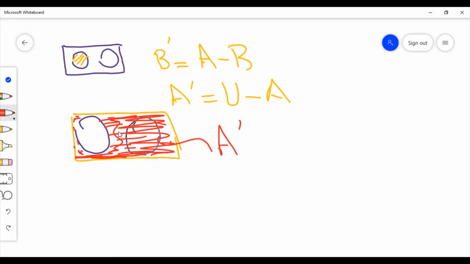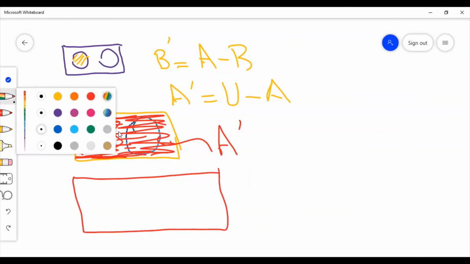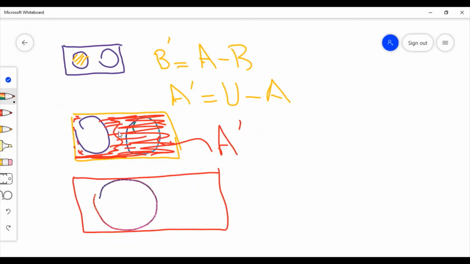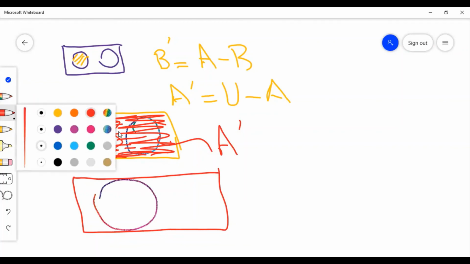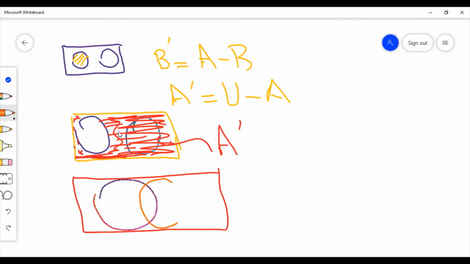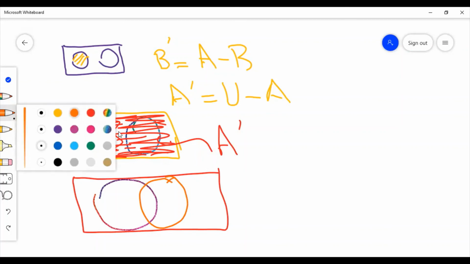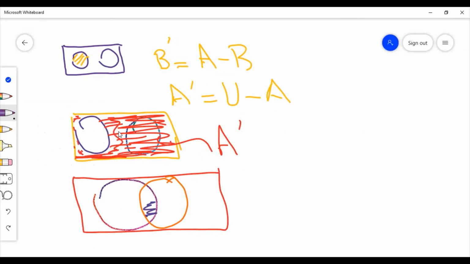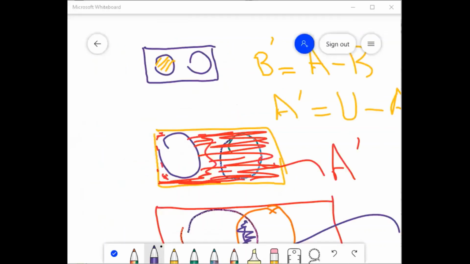Similarly, the third thing is that you are looking at two overlapping circles, overlapping sets. One is this one, and the second is, let's suppose, this one. And if you are looking for the intersection, you must shade your intersection this way, and you can say that this is A intersection B. That is A intersection B.